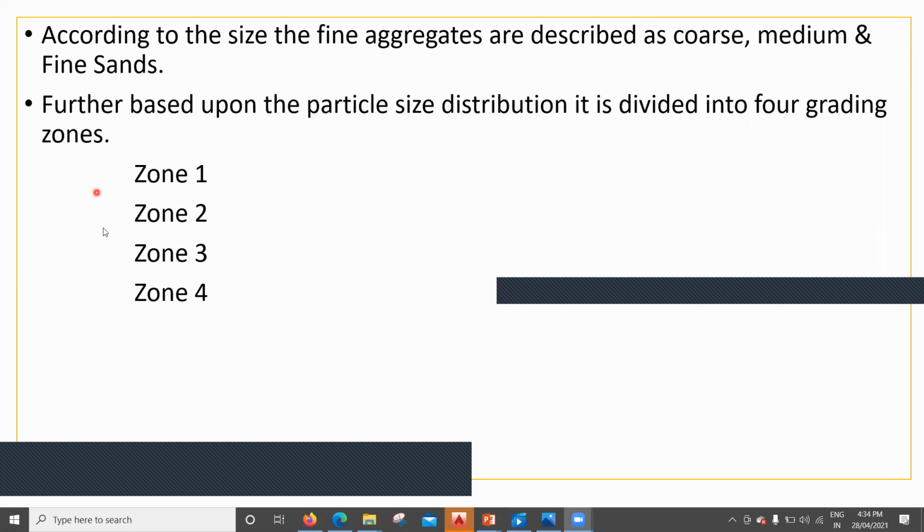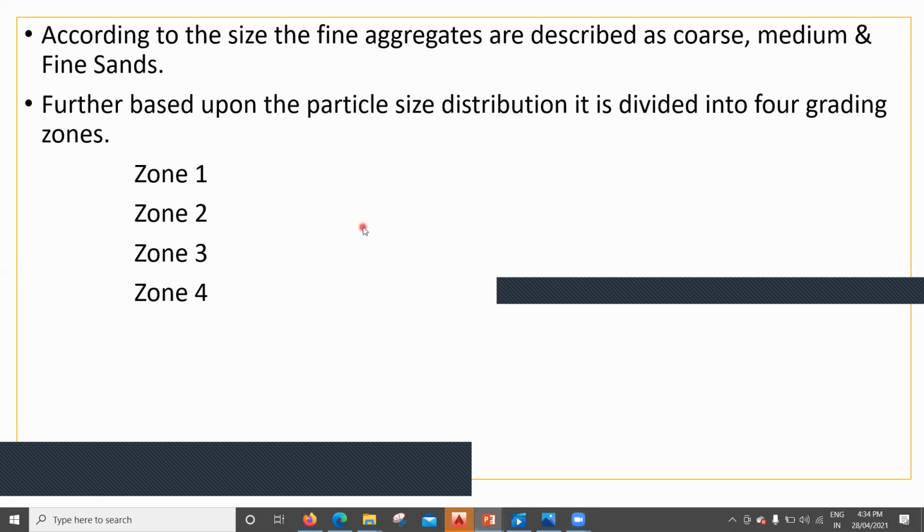Where we use these zones is in mix design, which we'll see in chapter 3. But as of now, understand there are 4 different zones of fine aggregate, and based on the requirement we make use of these zones, right? Also, when we understand the sieve analysis test, we'll see the practical importance of all these zones.